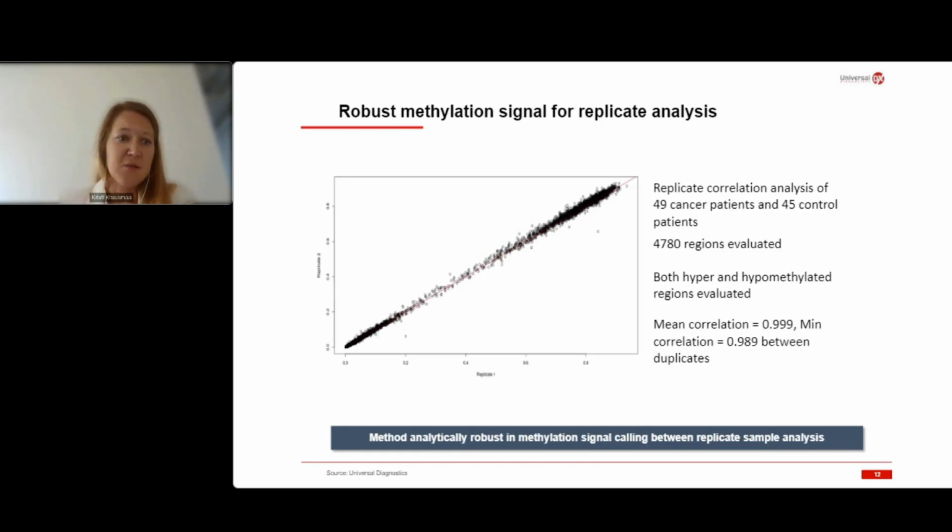Further on in this particular slide, you can see we were comparing duplicate analysis from cancer patients and from control patients. So the same regions that I already mentioned, both hyper and hypomethylated regions, were evaluated, and the correlation between the replicates. In a total of 49 cancer patients and 45 controls, the correlation was almost 1. So as perfect as you could get in here, with a minimum correlation of 98.9, basically. Meaning that the methodology is robust, and the methylation signal itself is very robust as well, even if you measure the same patient twice in two different